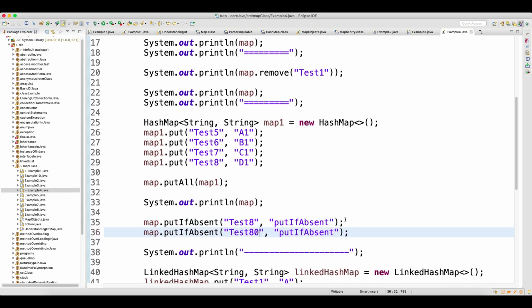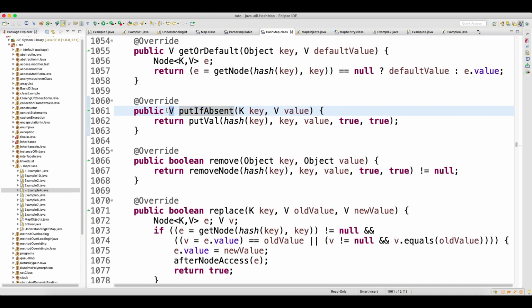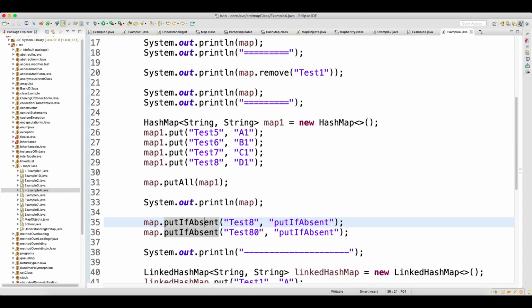Look at the return type of this method: press Ctrl and click on it. The return type is the object. So go here and print this. Whatever you are adding, you can write in System.out.println, because it has a return type.